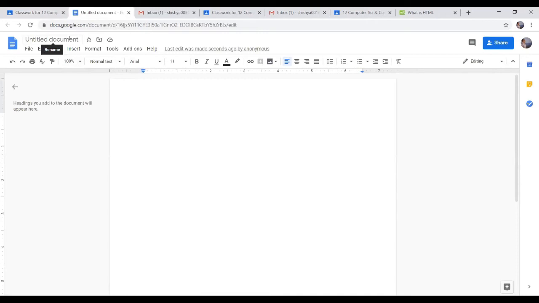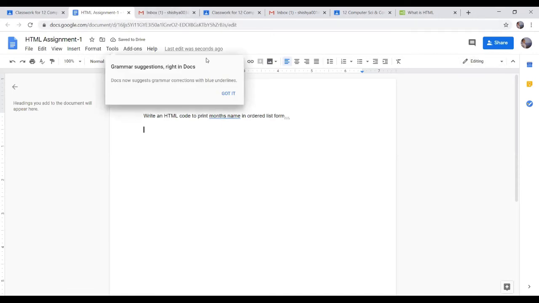It is better you rename this document here, HTML assignment 1, and here you write an HTML code, let's say HTML code to print month's names in ordered list form, and that's it. We close this. It will be automatically saved in the drive.